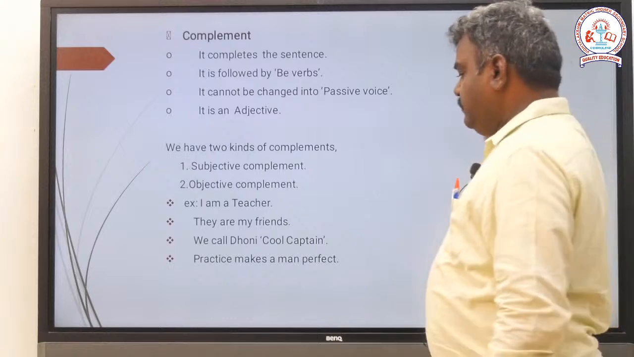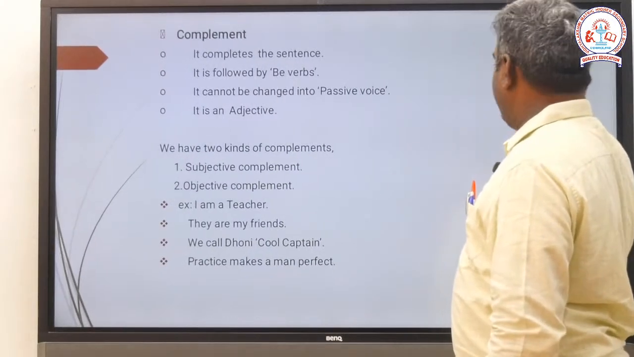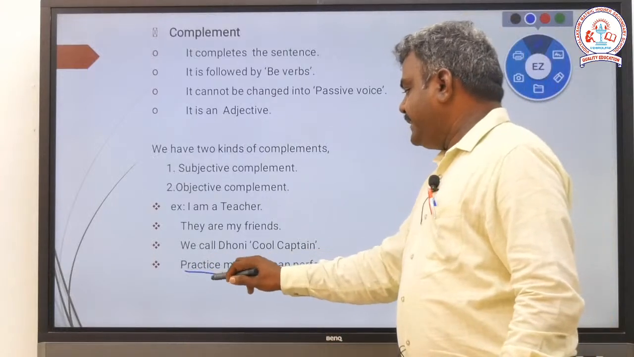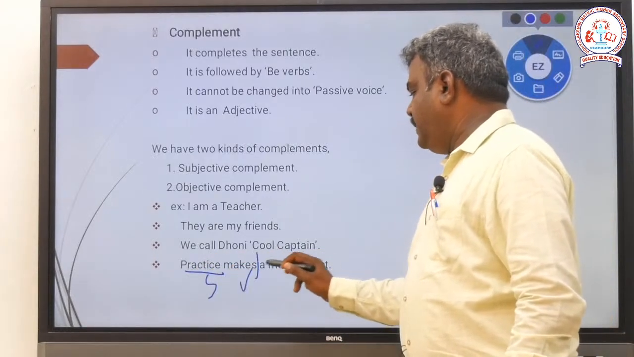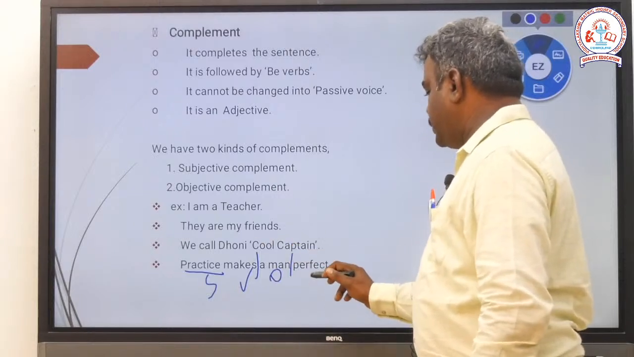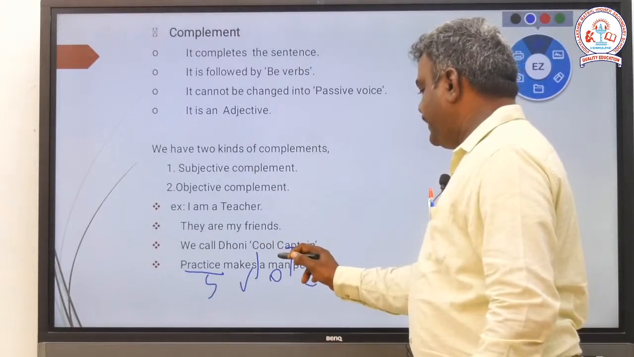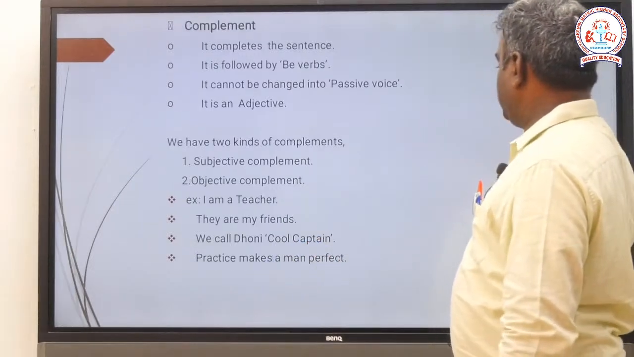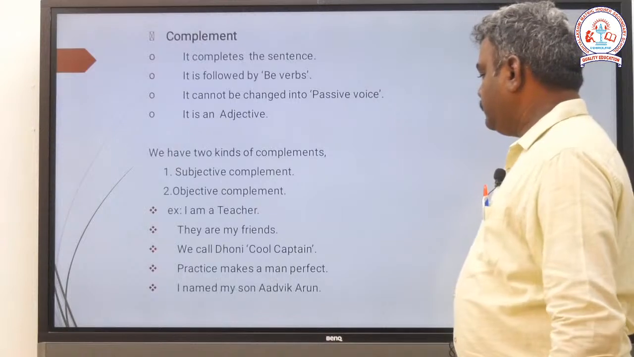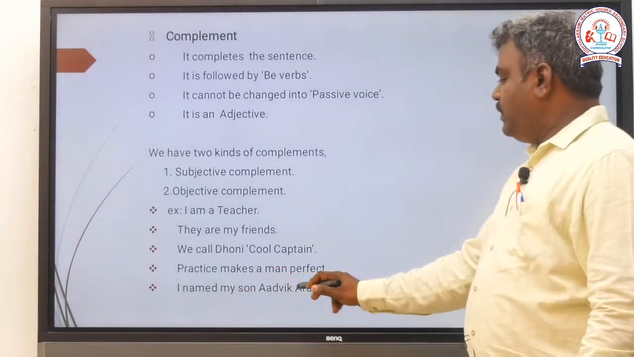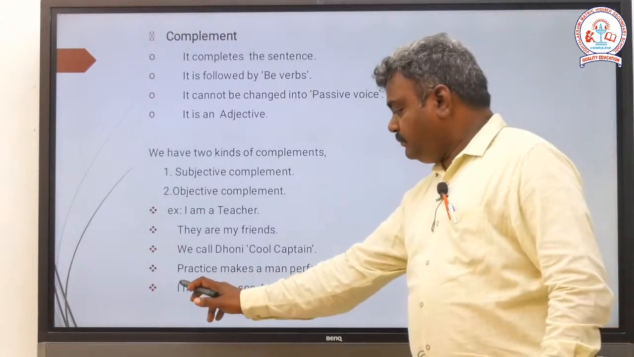Next thing is practice makes a man perfect. Practice subject, makes verb, a man object. A man is perfect because of practice. So this is called the complement. It qualifies a man. Next thing is,